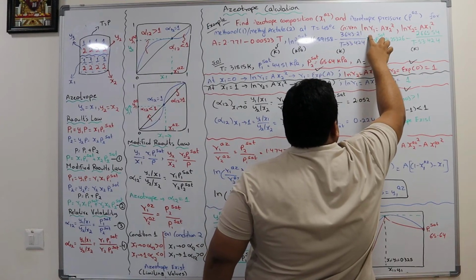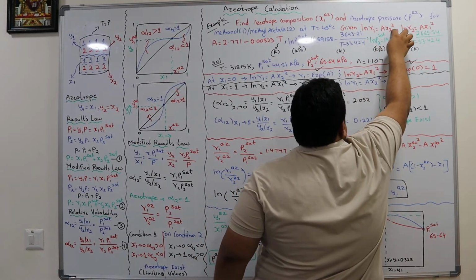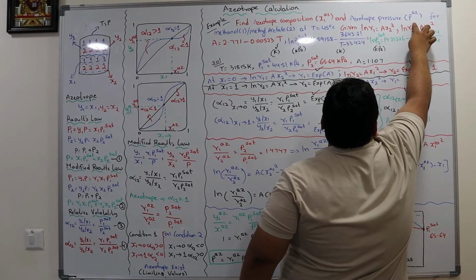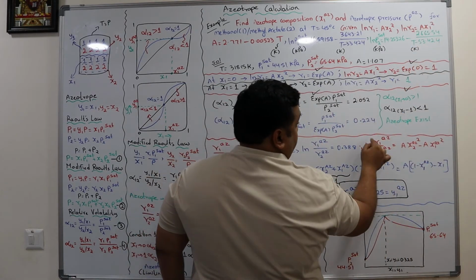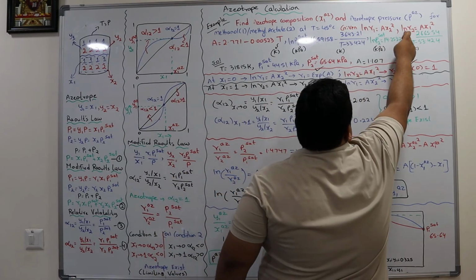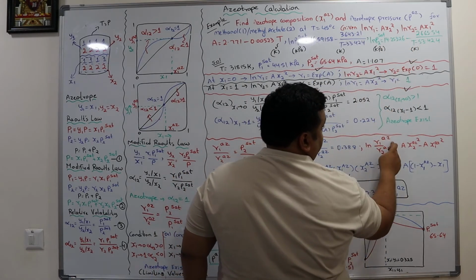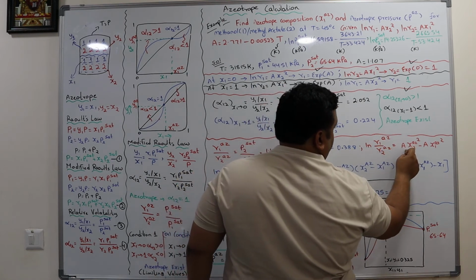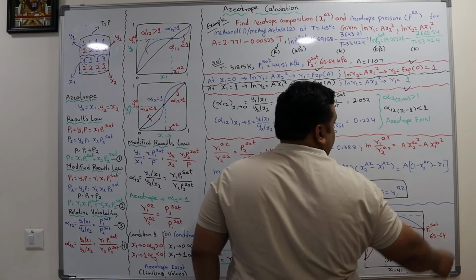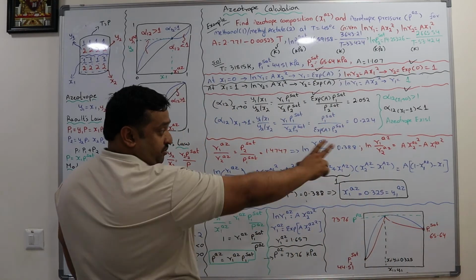Then ln gamma 1 azeotrope is nothing but A x2 azeotrope square, and ln gamma 2 azeotrope is nothing but A x1 azeotrope square. So if you do ln a minus ln b, that is ln a by b. So ln(gamma 1 azeotrope / gamma 2 azeotrope) is A x2 az square minus A x1 az square. So if you simplify,